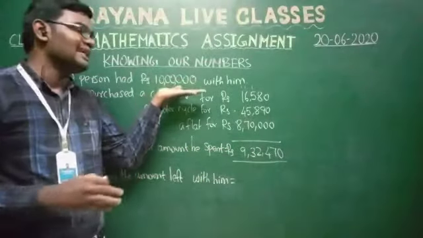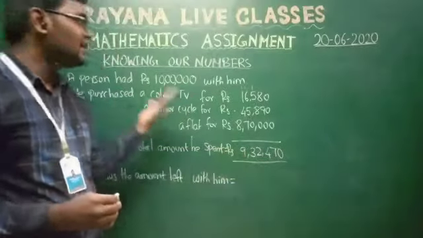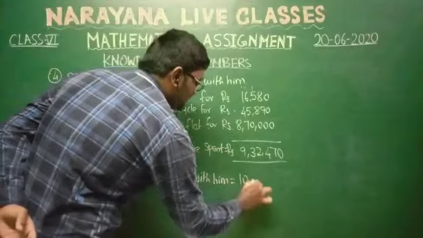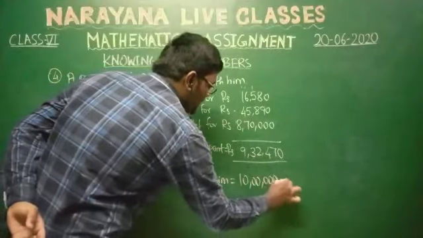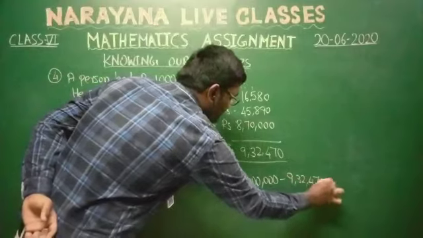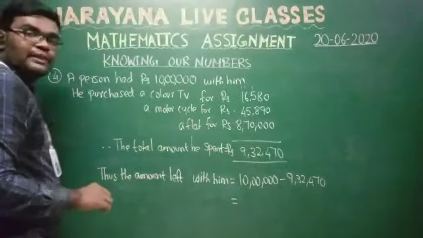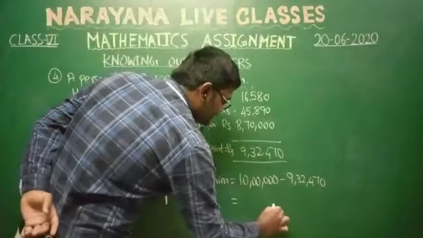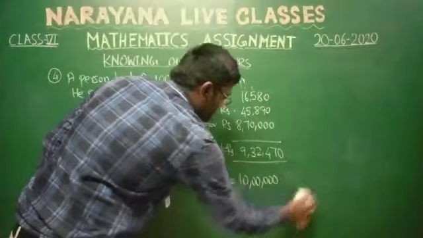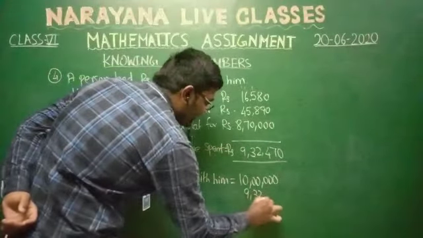How much amount is he having? 10 lakh. Out of this 10 lakh how much is spent? 9 lakh 32,670. How much amount is left with him then? Rupees 10 lakh minus 9 lakh 32,670. We should subtract these two. If you subtract, you get the value. Subtract and tell me, 0 0 it is 0. Or if you want to write in the vertical manner, no problem, write in the vertical manner, and then subtract.